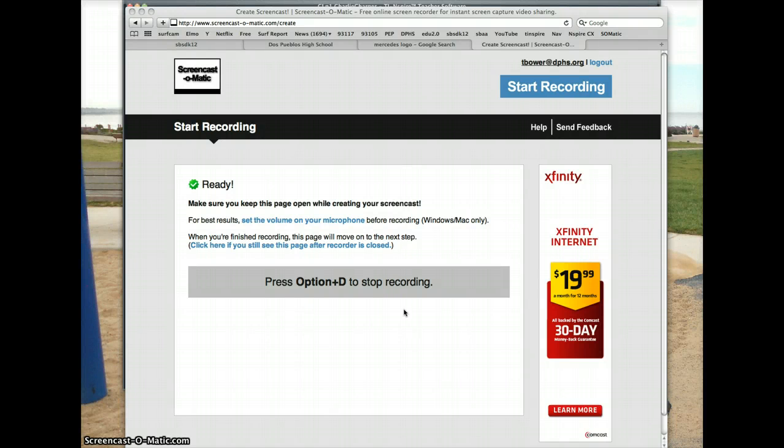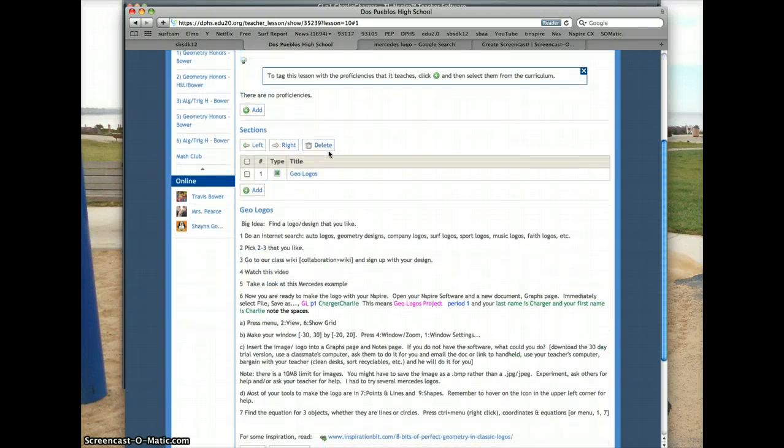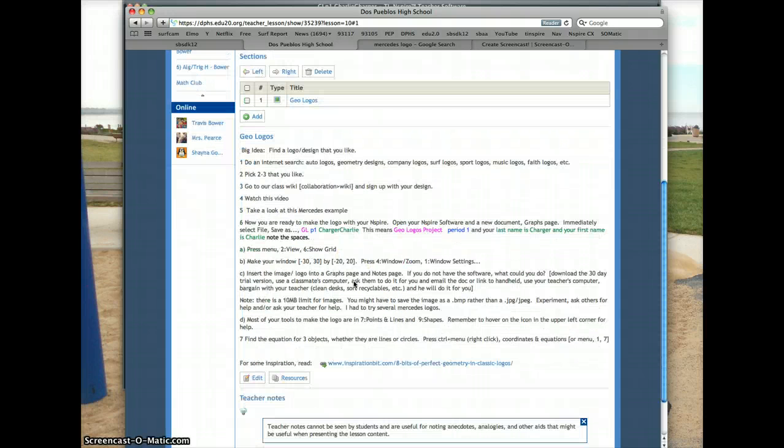Alrighty, welcome to Geo Logos, and what we're going to be looking at here is your Geo Logos project, and here are the directions found in our EDU page of the lessons. You can read all about what you're supposed to do, and you can sign up on the wiki,